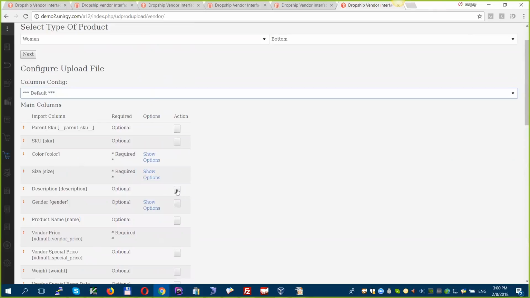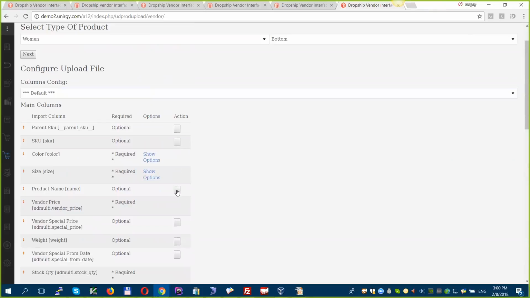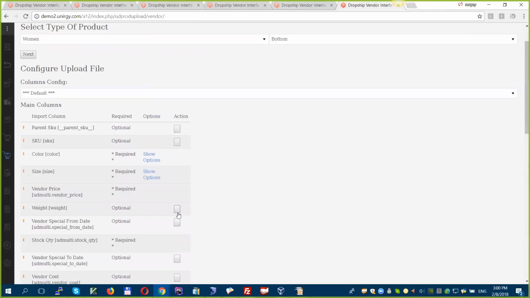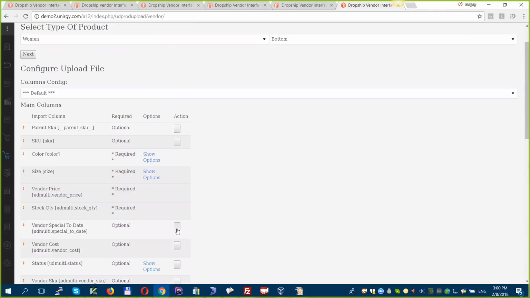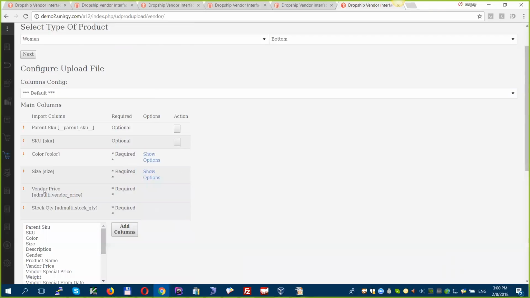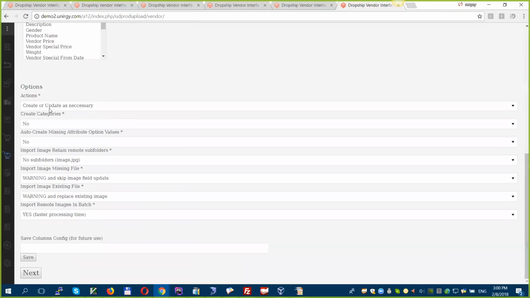For example, the vendor wants to update only inventory and price for existing products. He can remove all these unnecessary columns and leave only price, stock quantity, SKU and configurable attributes. He can save this. He needs to select only update existing records to eliminate errors. Save the columns config